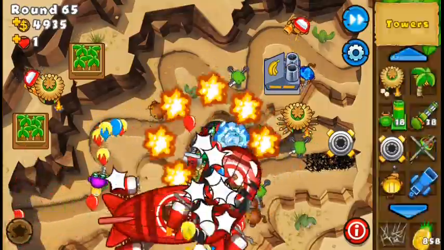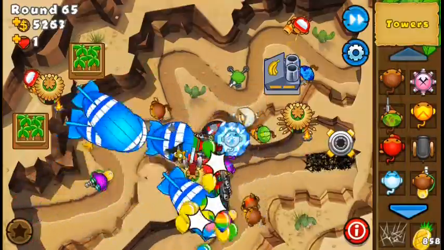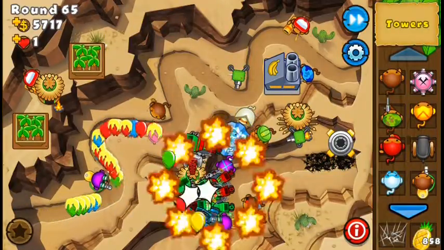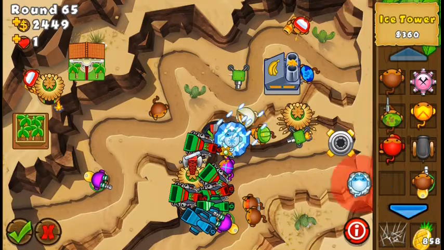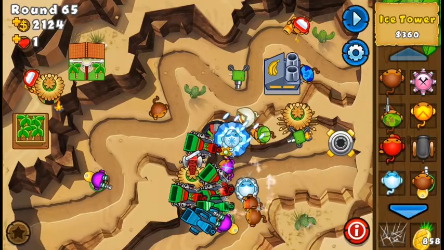And also another thing that I recommend adding in the bottom path to have some extra damage combined with the slow of the ice tower. It's a 2-3 ice tower. You should be able to place it having the village in the range. See how the range increases? Boom. And placing it right there